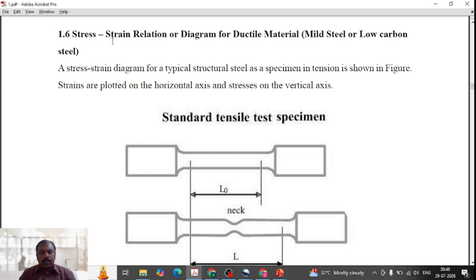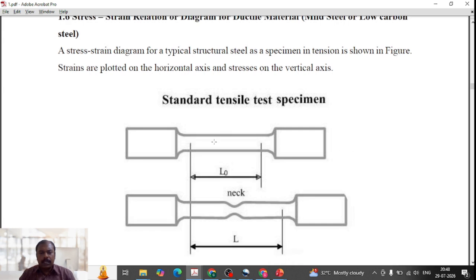Dear learners, in this video we will speak about the stress-strain relationship for a ductile material. So this is the stress-strain relationship diagram for a ductile material. A mild steel or a low carbon steel is taken, and this is the tensile test specimen of the material,